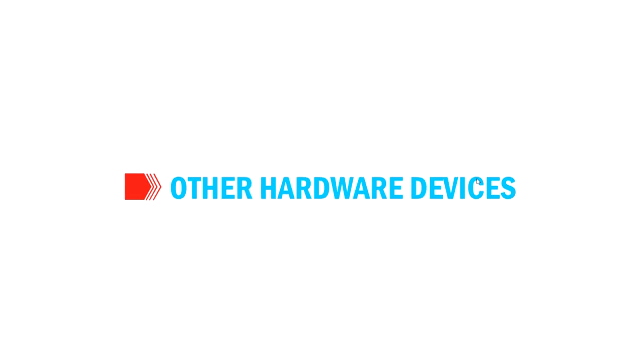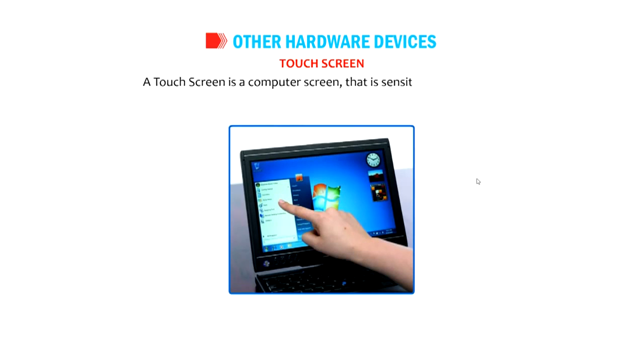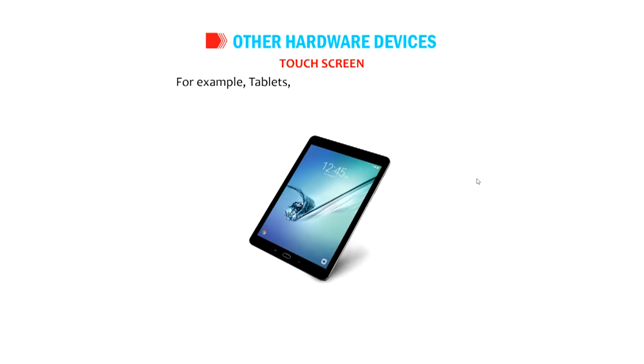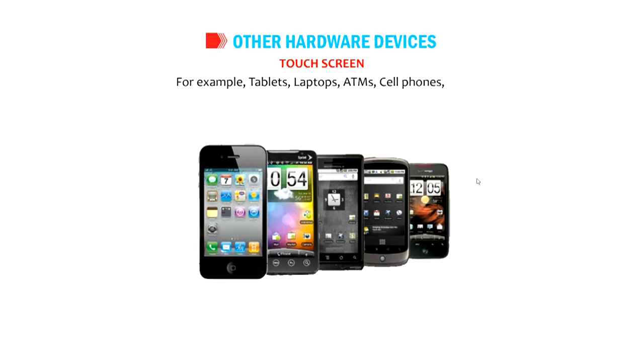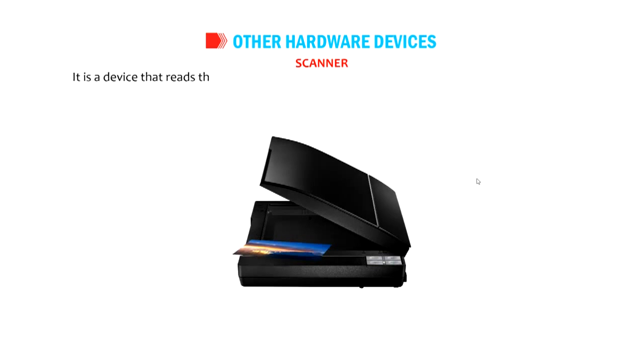Okay, students, let's talk about other hardware devices. Touch screen. A touch screen is a computer screen that is sensitive to touch. We can select the objects directly by touching with fingers without using any pointing device. For example, tablets, laptops, ATMs, cell phones, etc. Okay, let's know more about Magic Mouse. A Magic Mouse is a multi-touch mouse which was designed in 2009. Scanner. It is a device that reads the text or pictures printed on a paper and translates the information into